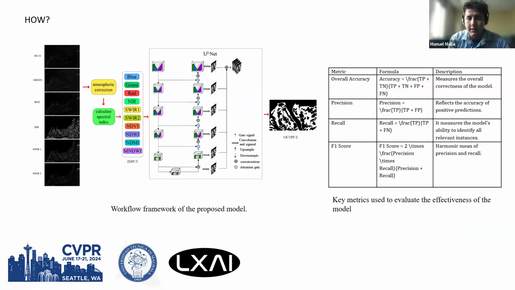First, we have the 6 bands. In the research, I want to ensure that every data sample has the 6 bands, and after that, to process this data, we're going to apply atmospheric correction using CFMask algorithms and calculate the spectral indices. So our proposed model is going to use these 10 layers